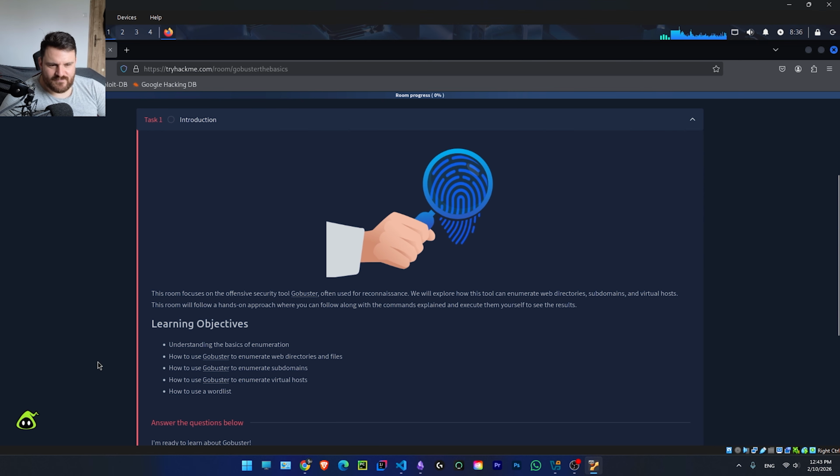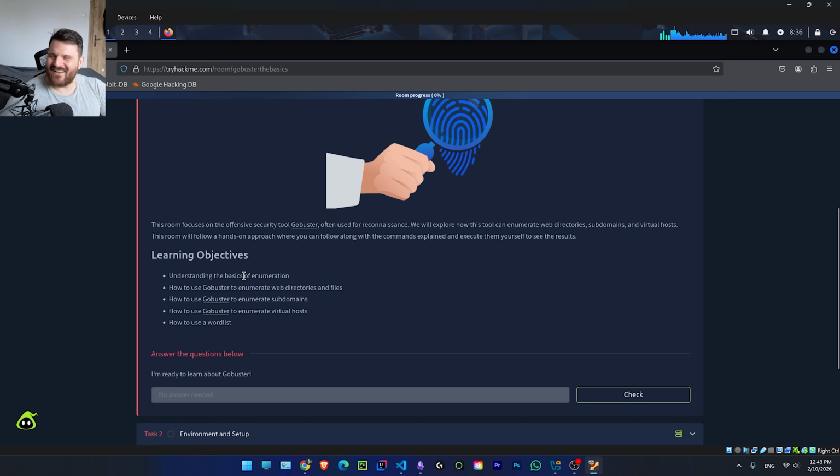Task number 1, introduction. This room focuses on the offensive security tool Gobuster, often used for reconnaissance. We will explore how this tool can enumerate web directories, subdomains. It's basically for web directories, subdomains, and virtual hosts. This room will follow a hands-on approach where you can follow along with the commands explained and execute them yourself